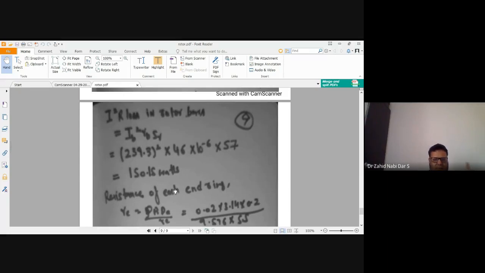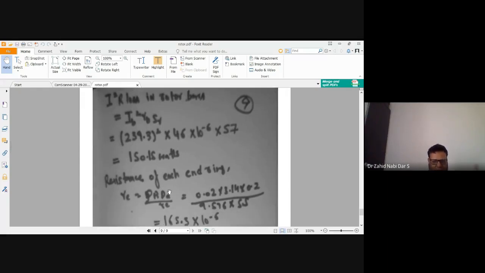First, you have to calculate the resistance of the end ring. To calculate the resistance of the end ring, this is rho pi de. This is also the same, rho L by A only. Now for the length, it is a circular cross section. For a circle, how do we calculate the length? In a rectangle, the length is like this and the width is like this. In a circle, the circumference is the length of the circle. So the length is pi d or 2 pi r.